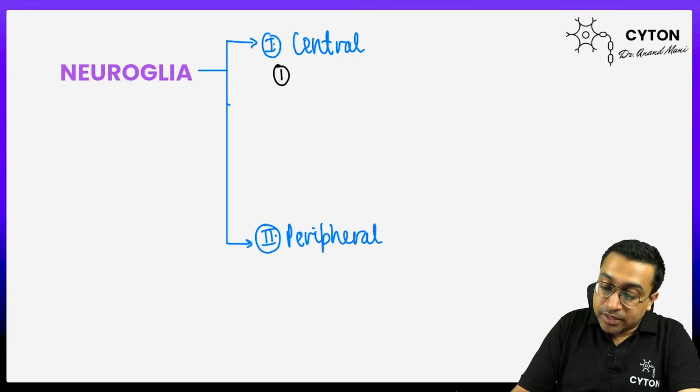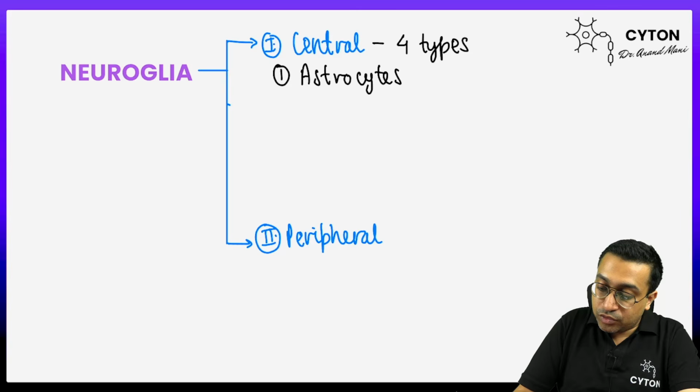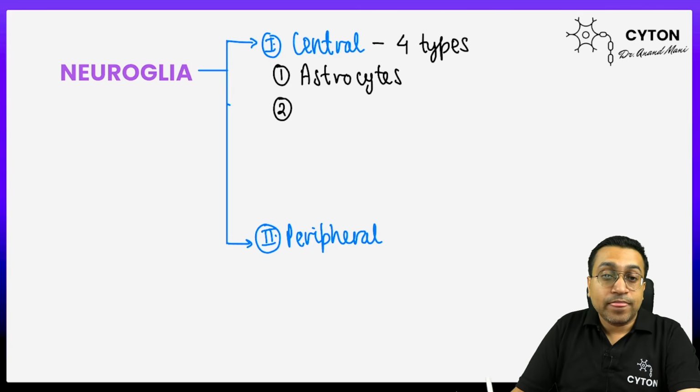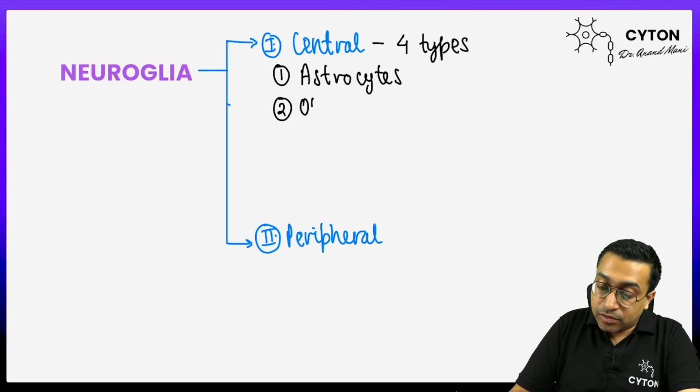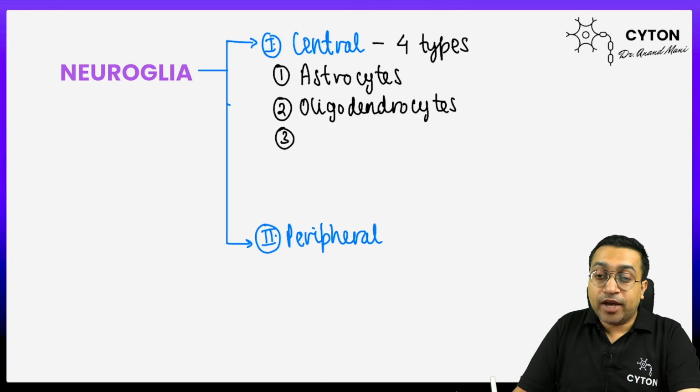Number 1, that is astrocytes. Astrocytes. Number 2, oligodendrocytes. Number 3, we have